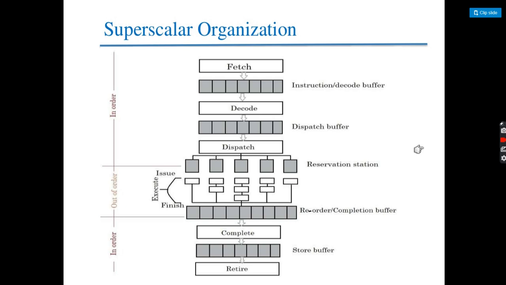So what is written on our left side? That is in order, out of order, in order. What are these terms? These terms come under the topic of handling of issue blockages. We can handle the issue blockages by these two types: in order issue or out of order issue. We will